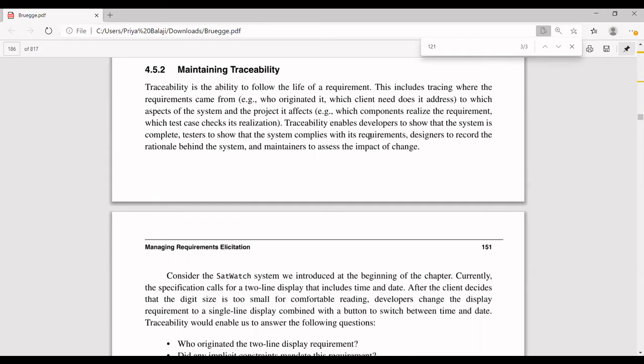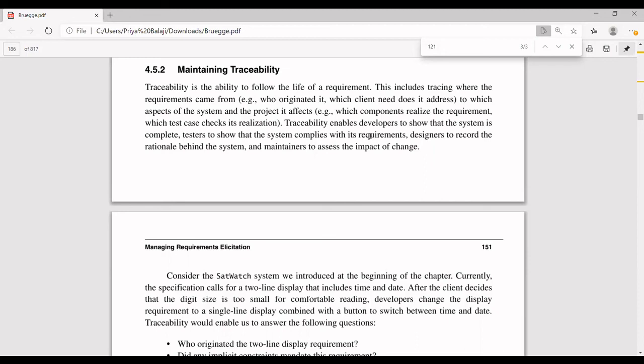So my question is, why are you asking, do you want to have another transaction? My answer is, my system is not able to allow a user to withdraw more than 10,000 in a single transaction. So if a person wants to withdraw more than 10,000 rupees, I need to give him an option of going for another transaction. So if I include some requirements or options in my project, I need to give the reason for using that. That is called traceability. What reason do you have for using this? That is called your traceability.